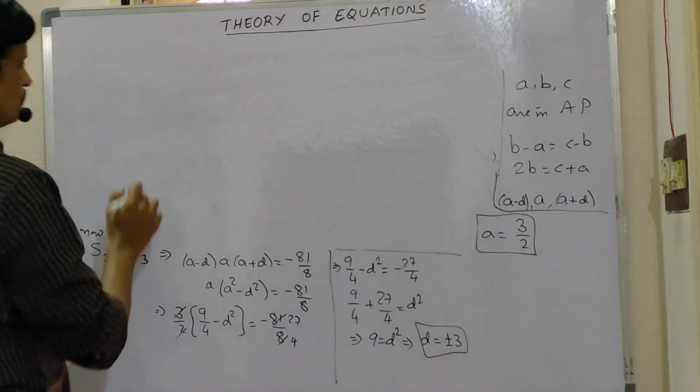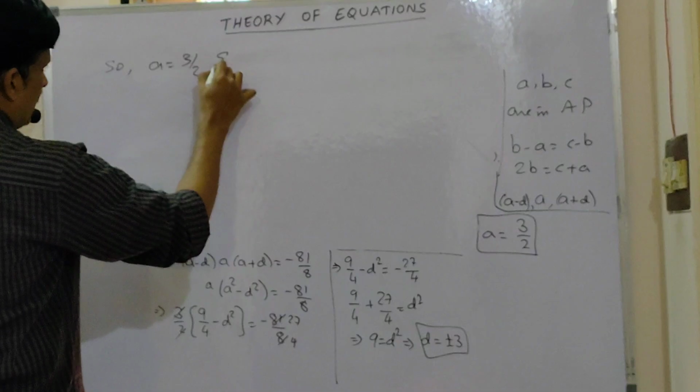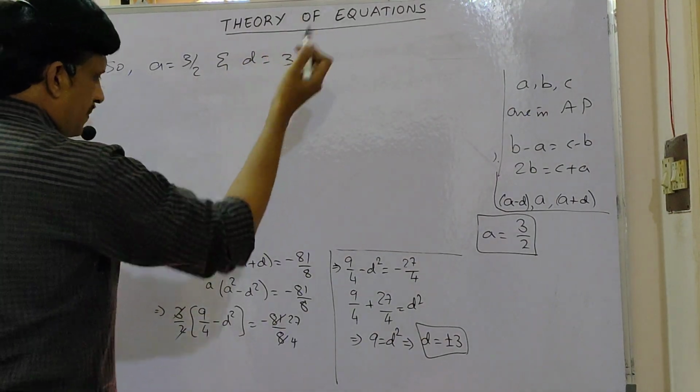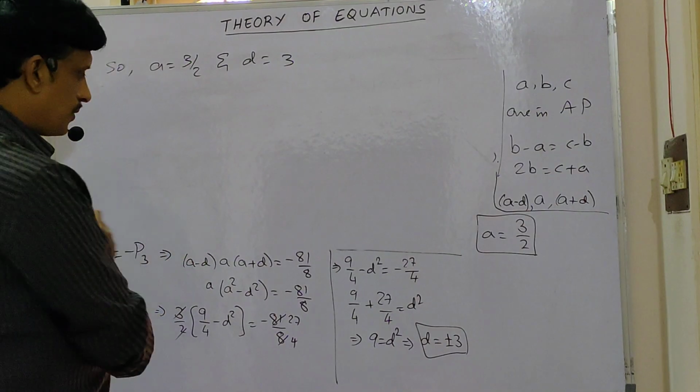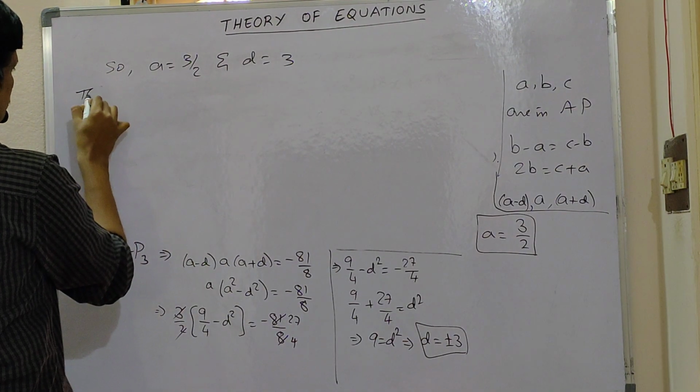A is equal to 3 by 2, and D is equal to either plus 3 or minus 3. You can take anything, no problem. Any one of these two we can consider. Then the roots are